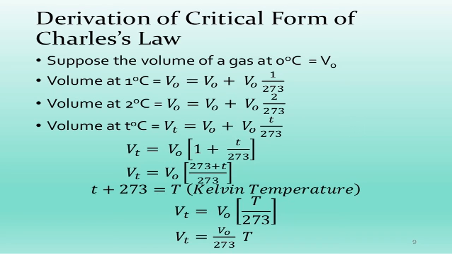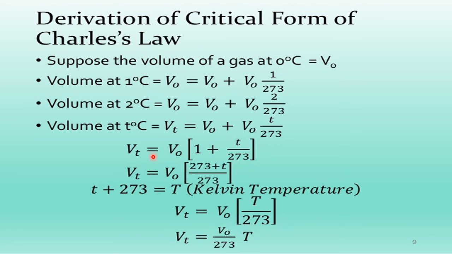This means, for example, you have taken 1000 ml of a gas. Now, if you heat it to increase the temperature by just 1 degree centigrade, what happens? The volume increases by 1 by 273 of 1000 ml. If you calculate, you will get approximately 3.6 ml. So, the volume becomes 1000 plus 3.6, that is 1003.6 ml. This is the relation they found. This is the derivation.